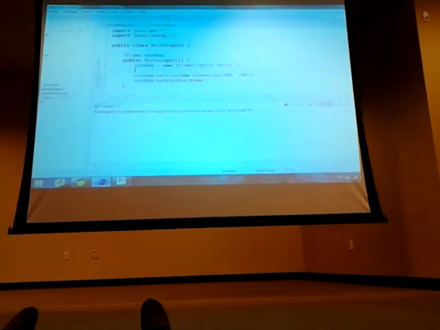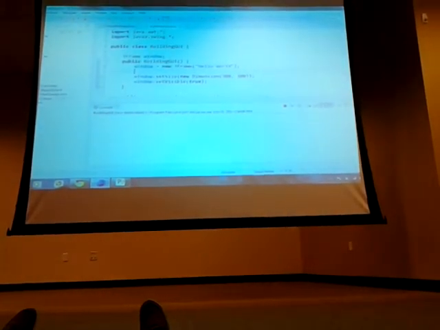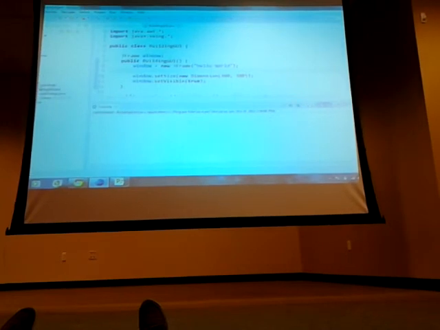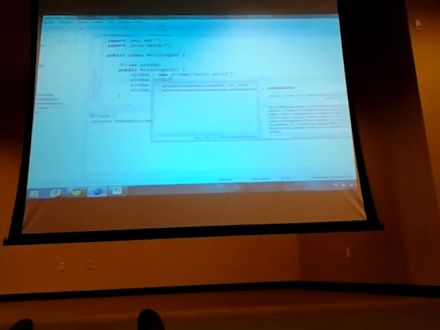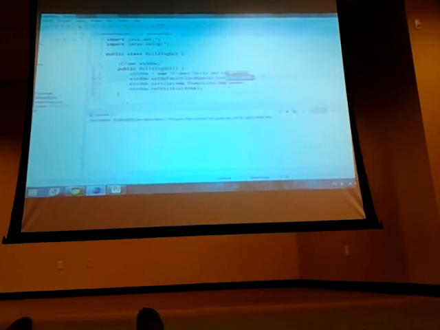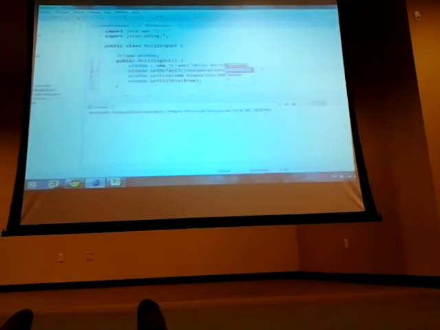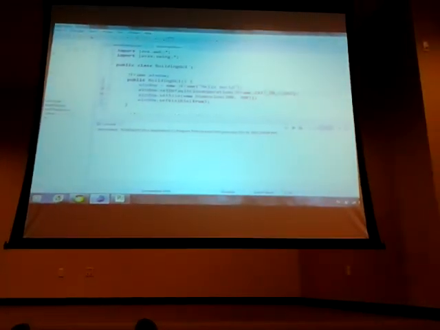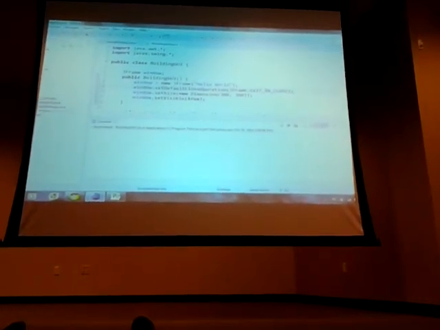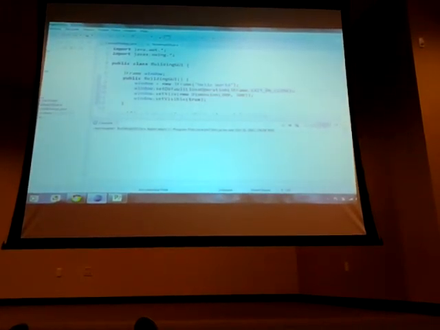But once again, if I close this, it's invisible again, but the program is still running. And I have to kill it manually. So to change that, what we want to do is change what the default close operation will be. So there's a thing called set default close operation. And there's an option there called exit on close. So this just says when you click the close button, the program will exit. And so now if I do that,